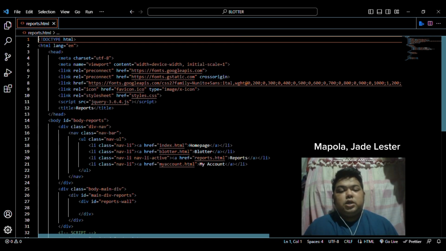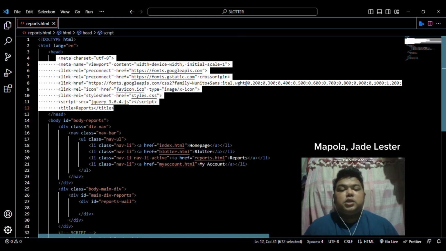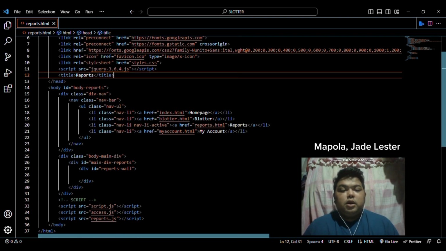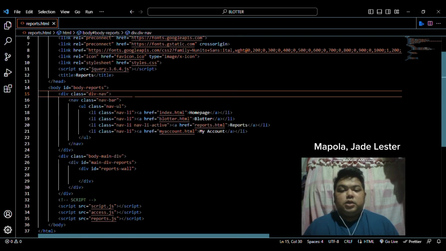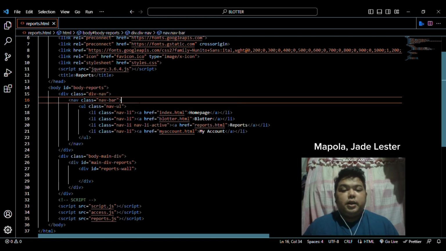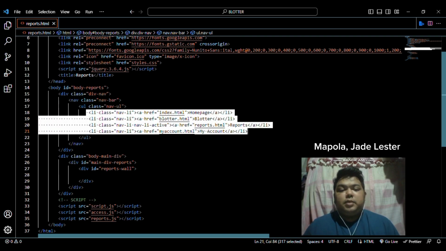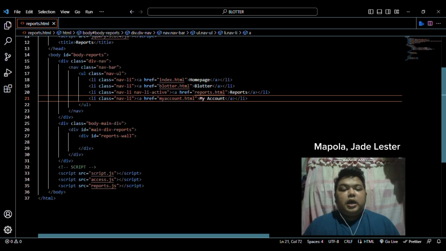Head section with meta tags, link tags, script tags, and the title tag, which is report, and a body section with a div with the class of div nav, a container div for the navigation bar, a nav with the class of nav bar defines a navigation bar, ul with the class nav ul, an unordered list to hold the navigation items, an li with the class of nav li, a list item representing each navigation item, an anchor tag with